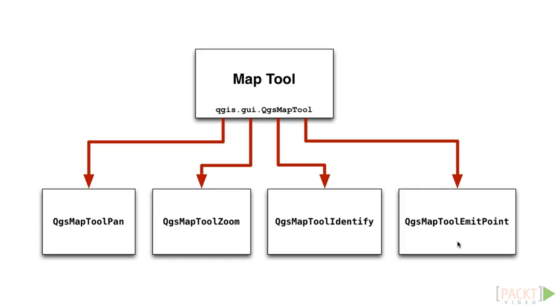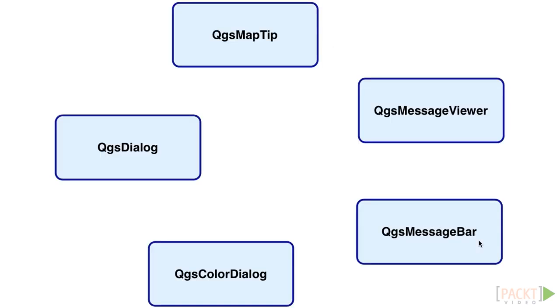Finally, the QGIS map tool emit point class is intended to be used as the starting point for other custom map tools. When the user clicks on the map, the canvas clicked method is called with the coordinate the user clicked on. You can use this in your subclass to respond in whatever way you want when the user clicks on the map. Let's finish this exploration of the